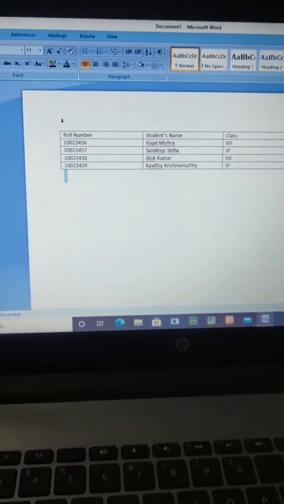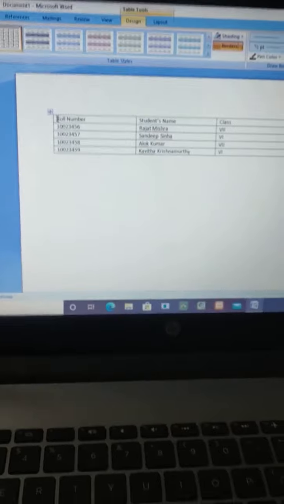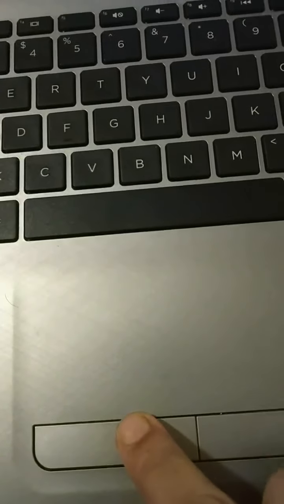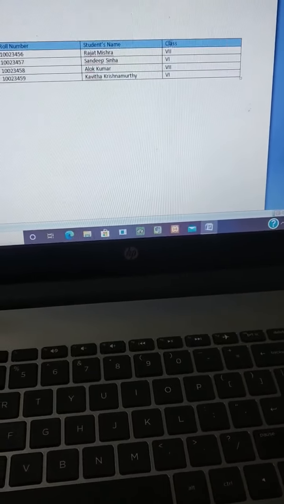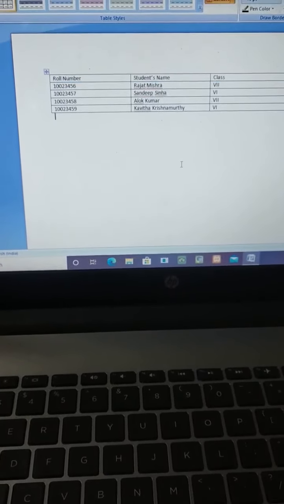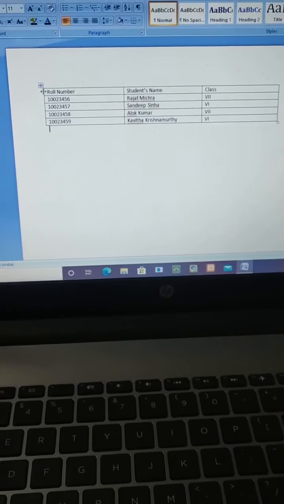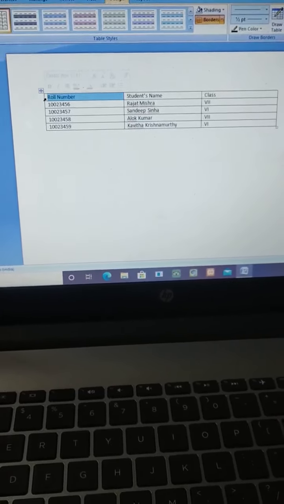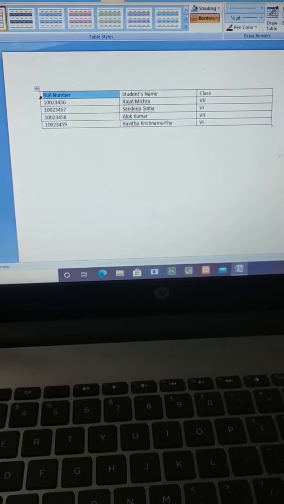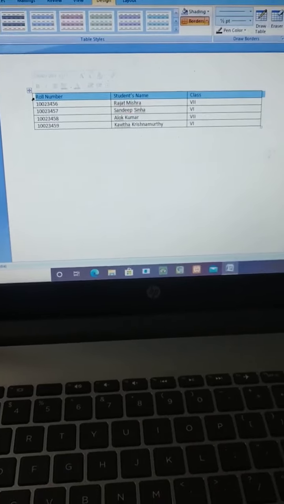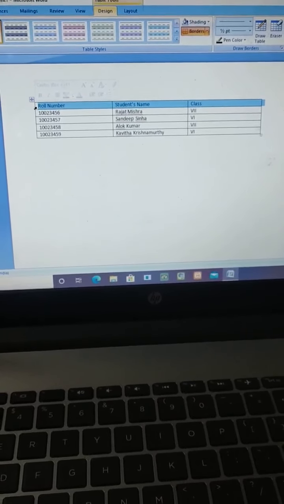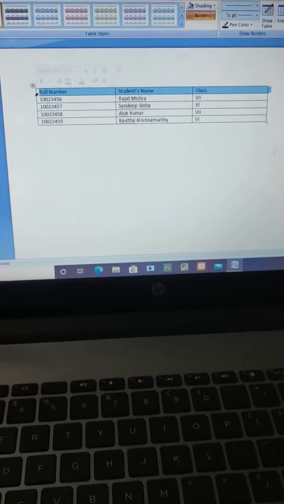Or you can do it like this. Put the cursor here, hold the left button and move the mouse to the left. Sorry, right. So you can select like this, and you can follow this for the remaining cells also. I am just moving this. I have not released the left button. Clear? Either you can select like this, or when the black arrow comes, click one time. So the first cell will be selected, click again and the whole cell will be selected. Did you understand?